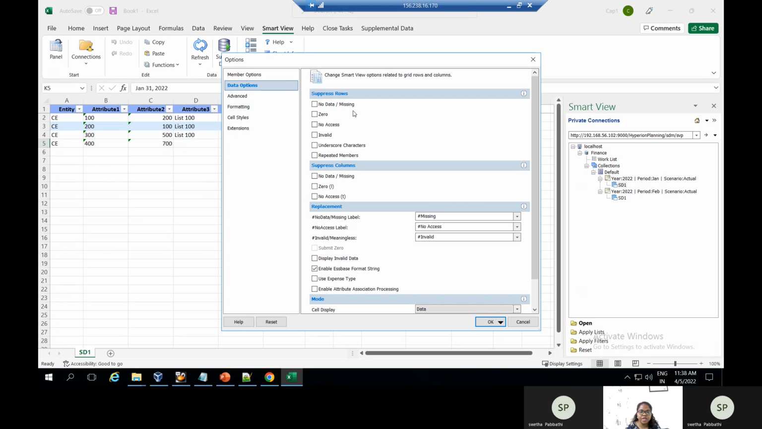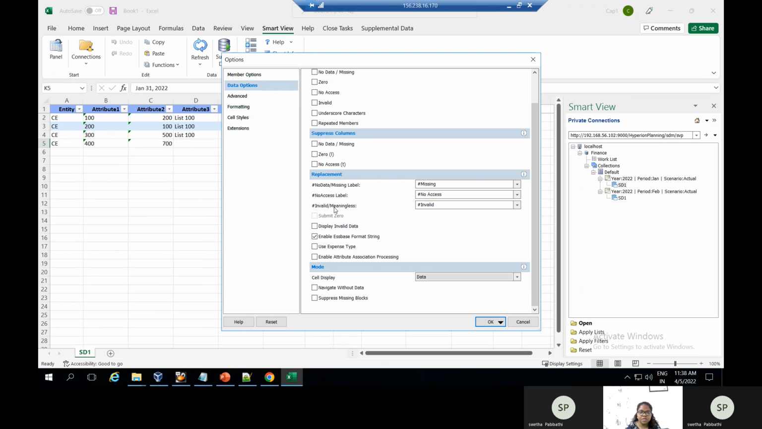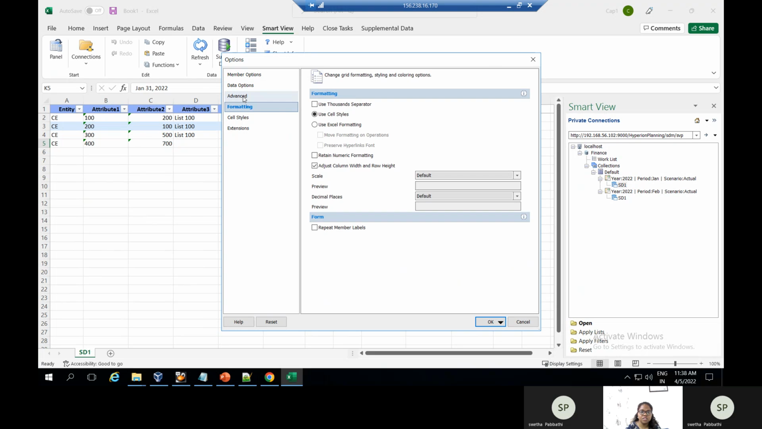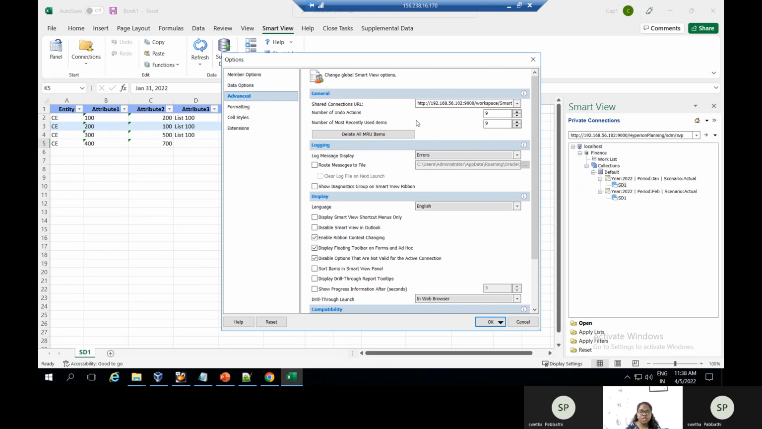And in data options, we have suppressing data. If there is no data, we can suppress it by enabling this. These are the modes and replacement. We can replace no data with missing, or we can give anything non-numeric or 0, and like this we can give the data options. And in advanced, we have shared connections and the languages which we have enabled here,